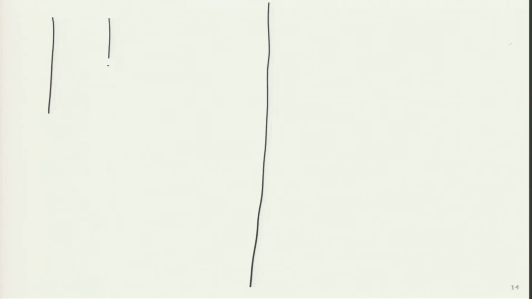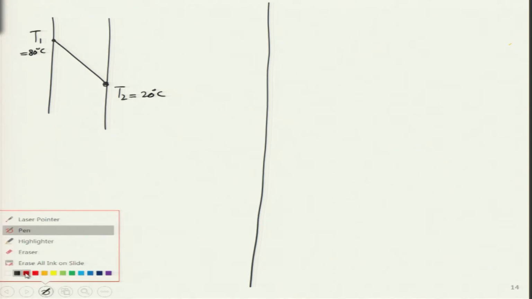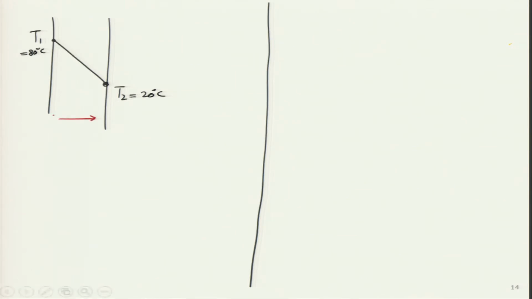if I take the analogy of heat transfer inside the wall. So, if the temperature on this side, let us say, is T1, the temperature here is T2. So, let us say it is 20 degrees here, 80 degrees here. Now, according to Fourier's law of conduction, some sort of heat transfer is going to take place over here. So, if let us say the area is 1, thermal conductivity is 1, then we can immediately figure out Q dot, if this is the x direction over here, is going to be a positive number. It is going to be 60 watts,